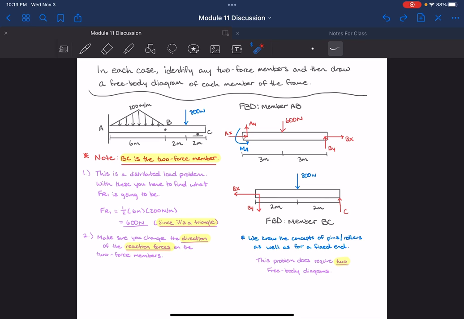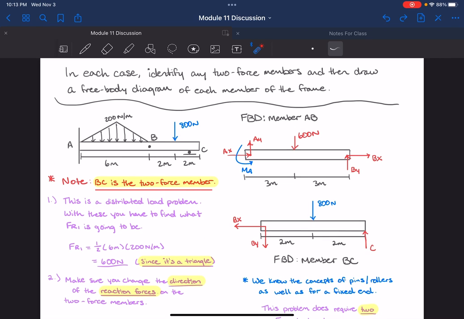Today we're going to be discussing one of the statics problems that can be found in the textbook. In this case, it involves two force members and learning how to draw free body diagrams that involve the two force members. So in this case, identify any two force members and then draw a free body diagram of each member of the frame. Out of all the examples on that page, I wanted to do the distributed load problem